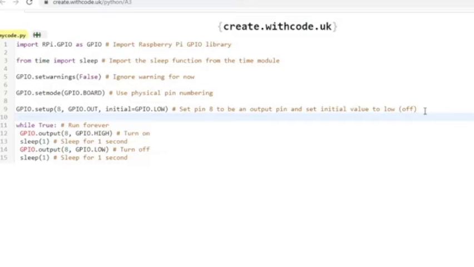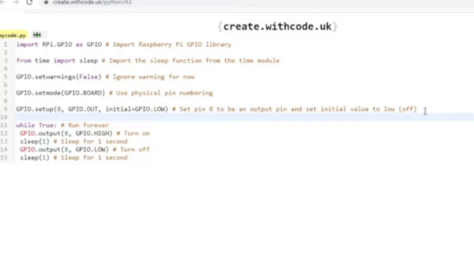So here you can see the first line is import RPi.GPIO as GPIO, and the second line is from time import sleep. Here we are importing two different libraries because we want to access GPIO. That's why you have to import RPi.GPIO, and "as" means we are giving it a small name, because in your code you would have to write the whole RPi.GPIO again and again.